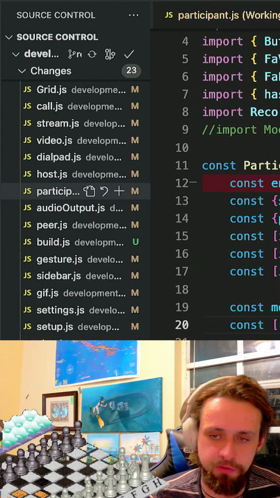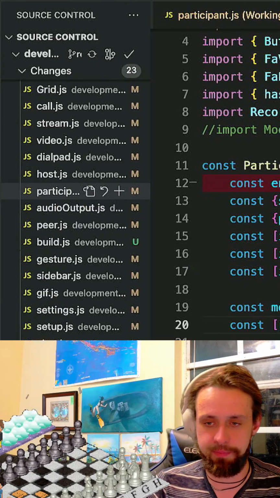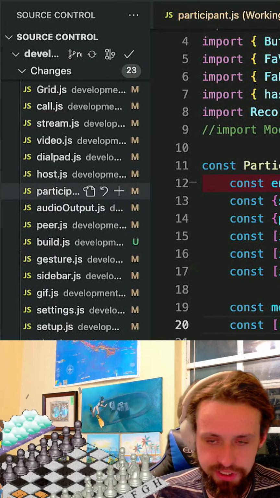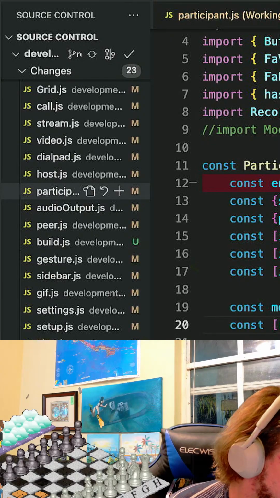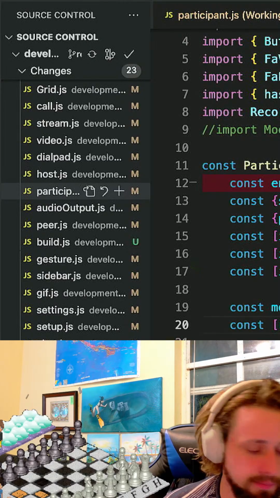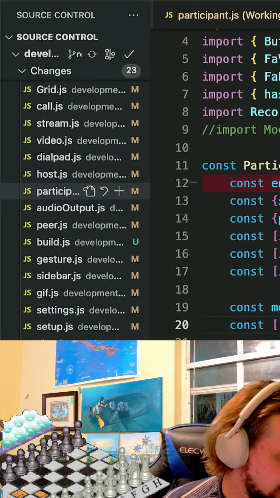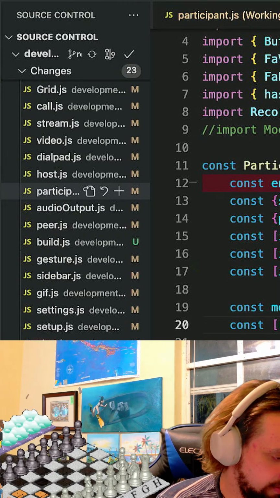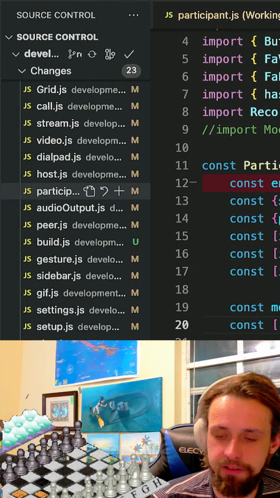Probably based on like a vote system. So if 5 people type E4 and 1 person types G1, it would pick E4. Right now, pieces can move on the chessboard as demoed. If we go over here, they move. You can drag them around. You can use your finger to move them, like on my phone or whatever.